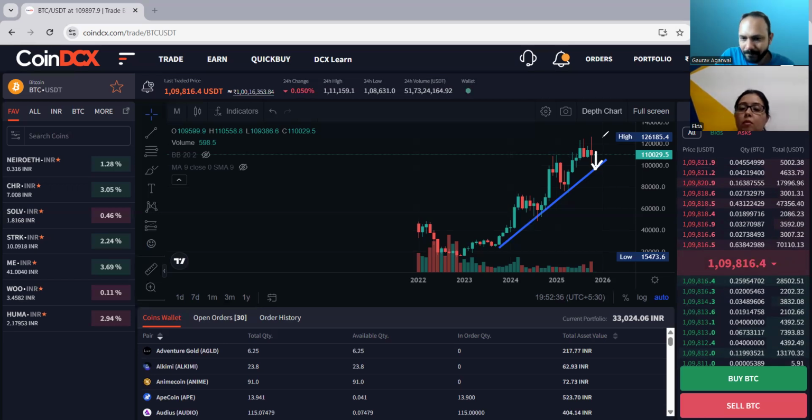Oh, okay. Right. So these small wicks you can see now, these are all volatility. You can see the lower wicks, right? These are all volatility. Here also you can see the upper wicks, right? These are all volatility. Someday it may come, touch and go back, right? But this is what I am thinking, that it should touch this blue line and then it will give a breakout again, right?